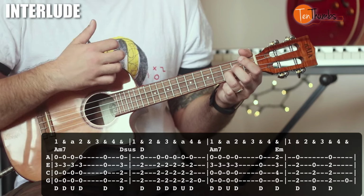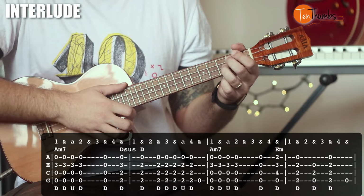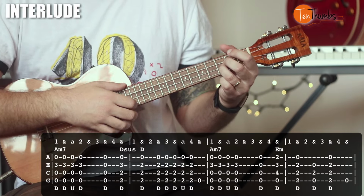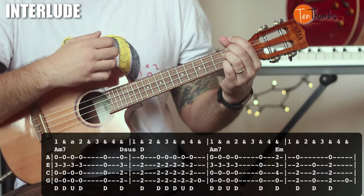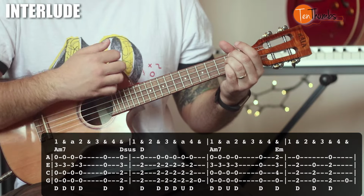1 and a 2, 3 and. So on the offbeat, you're gonna strum all the open strings as an A minor 7. 1 and a 2, 3 and the sus chord, 4 and 1 and a D chord, 2 and 3 and